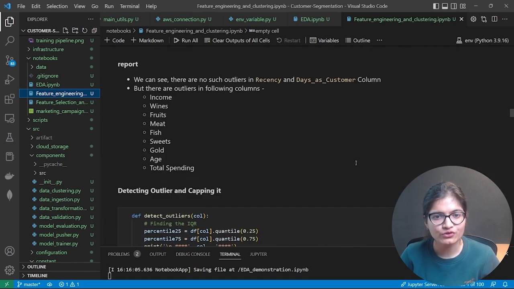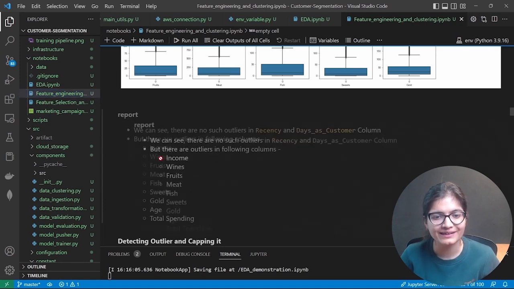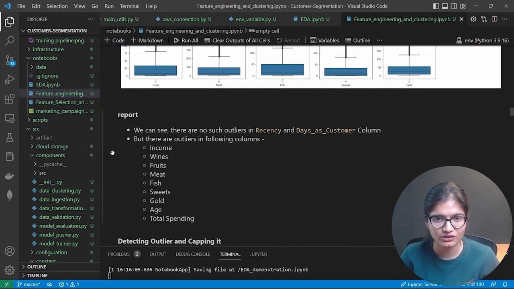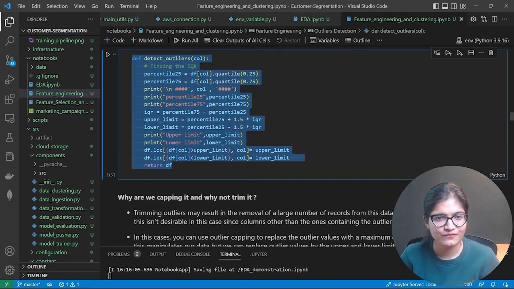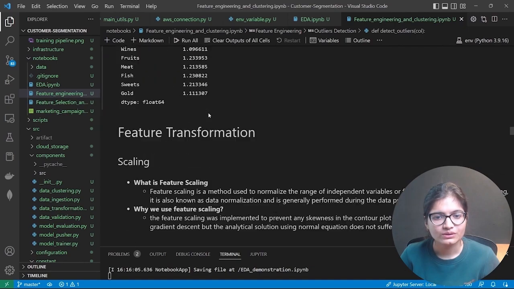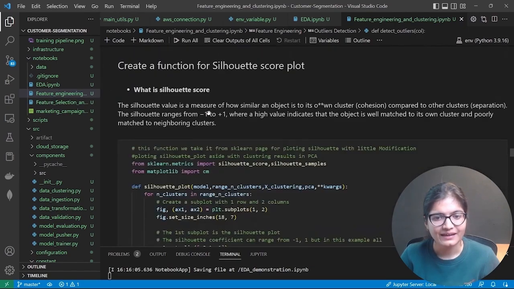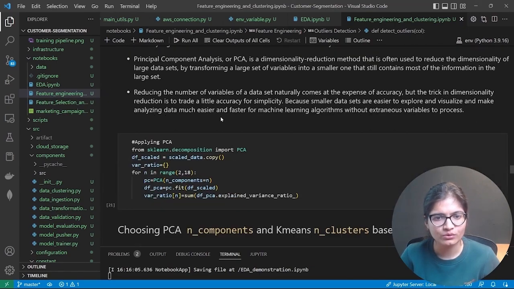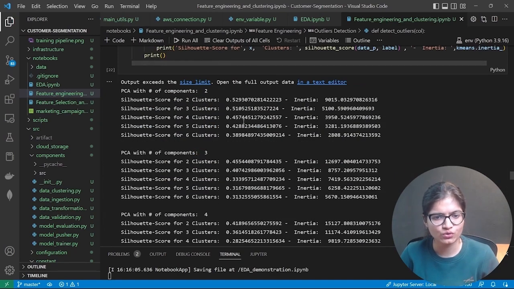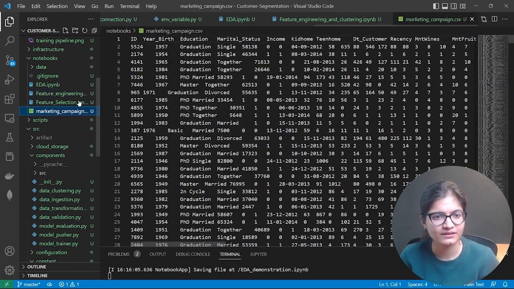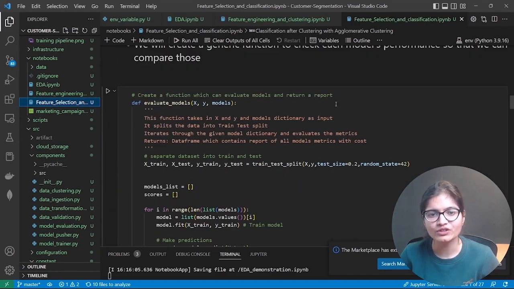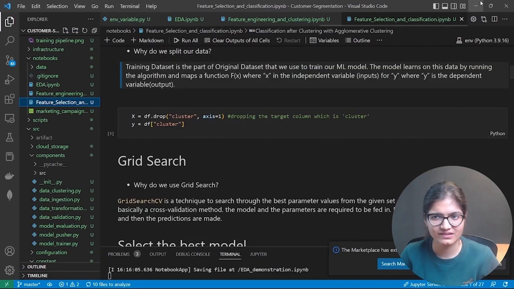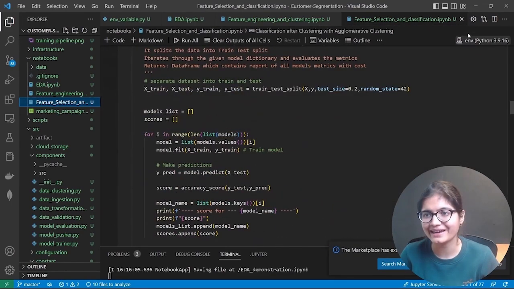So here we need to see which columns contain outliers. For example, we have mentioned them here. Then we can remove those outliers by specifying the quantile range, right? So this is something that we need to understand. And I'll talk later about what PCA and Silhouette score are. We will maybe take care of these things in the upcoming videos. This is all I want to deal with in this particular video. Again, this is something I will talk about later.